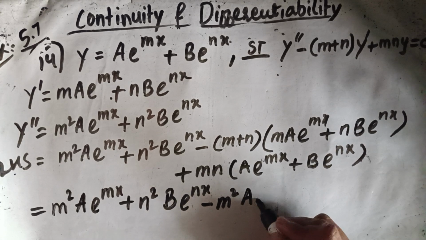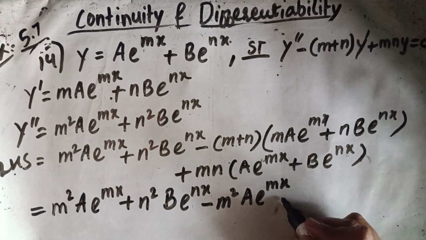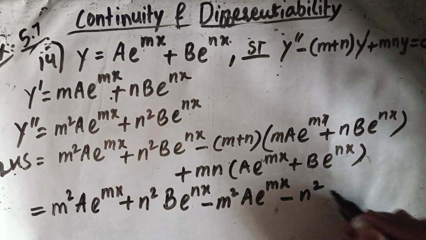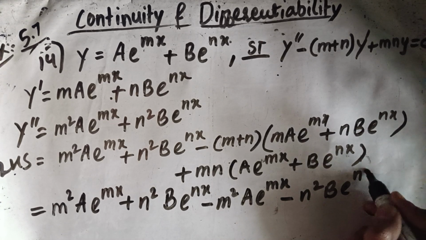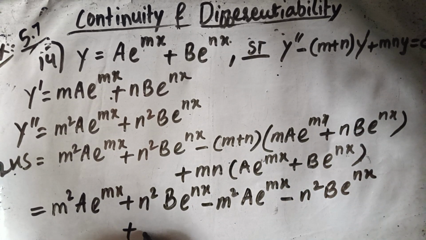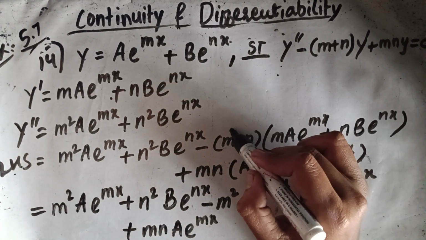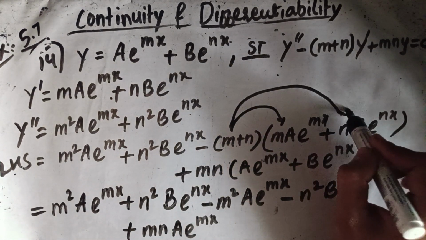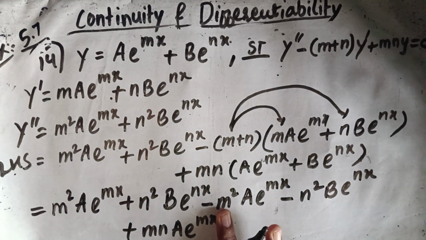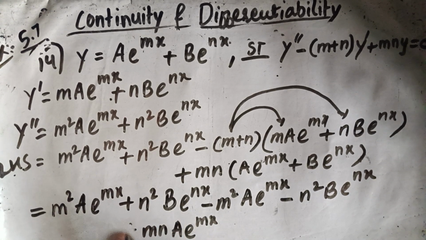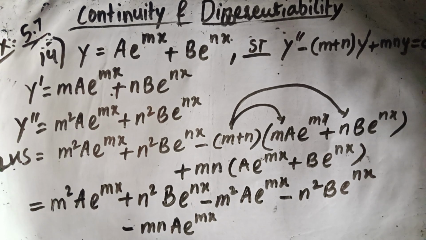n square a e raised to mx, n square b e raised to nx, mn a e raised to mx. This gets multiplied to this and also to this. So we'll get one more term, that is minus mn b e raised to nx